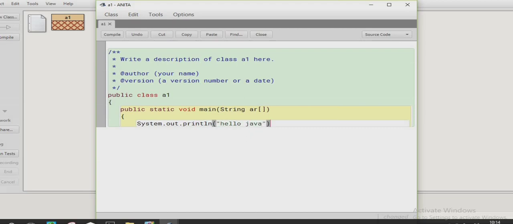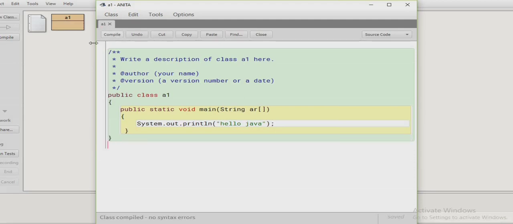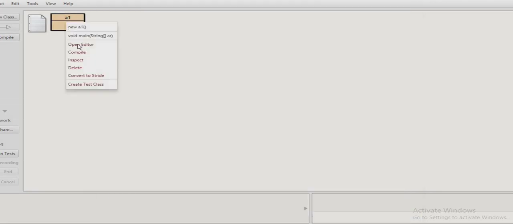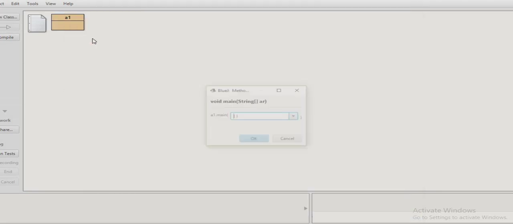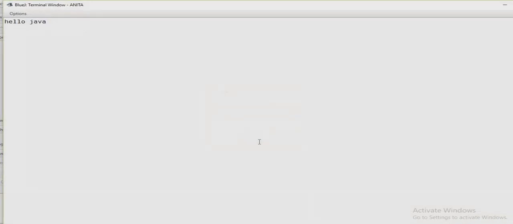Now close it. First, I will show you the output of this program. So I compile it and then execute it. After the execution, the output is simply hello Java with a space.